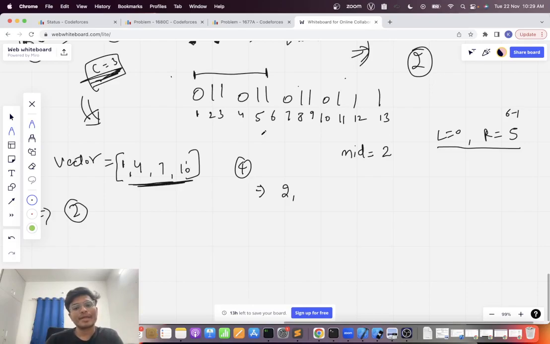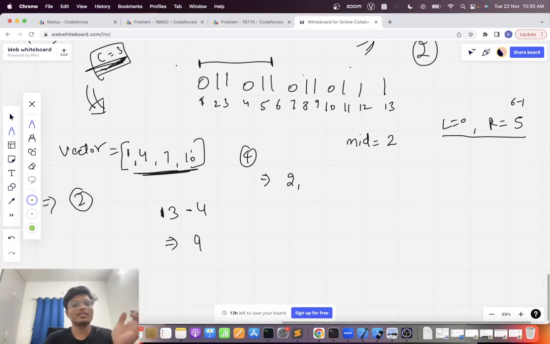Okay. So I'm saying that the total length is 13. So there are 13 0s and 1s, and the number of zeros is 4. So I am 100% sure that there are 9 ones in this total array. And how many ones are inside my subarray? So the total number of ones inside,